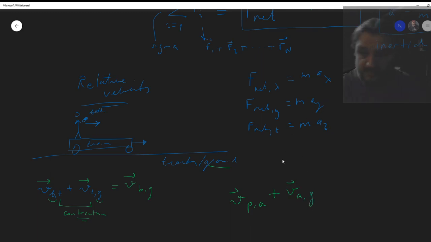Same thing, you contract A and you get the velocity of the plane with respect to ground. You want to go from Houston to Dallas, it's in the north, but there's a strong wind,